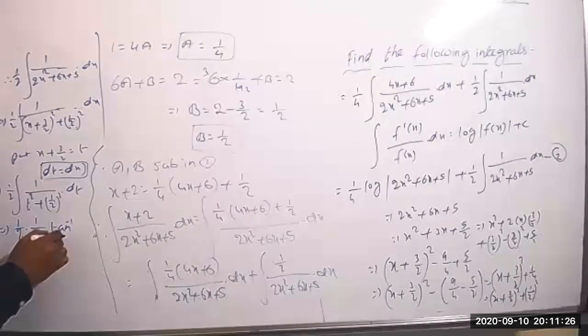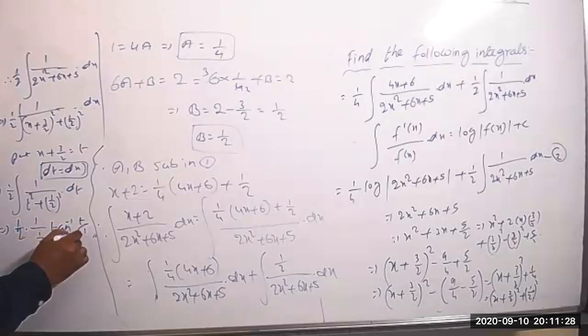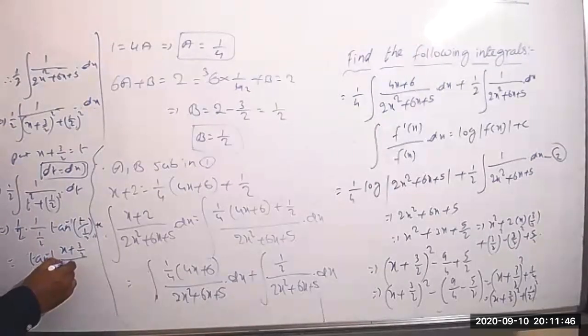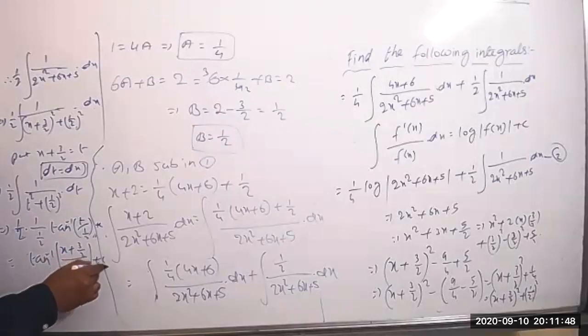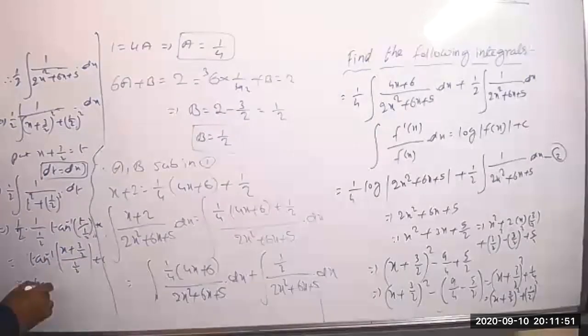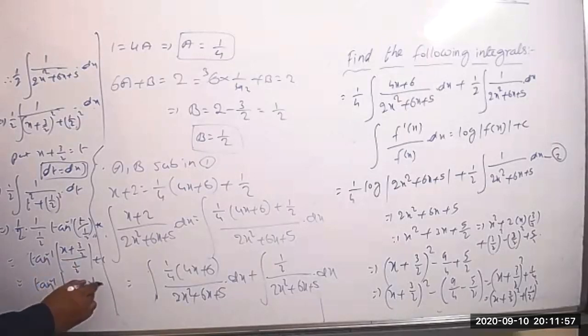So tan inverse of x by a, that means t by 1 by 2 here, plus c you can take. So anyhow this will be cancelled. You can write clearly tan inverse of t, equal to x plus 3 by 2 whole, and taking the reciprocal of 1 by 2 means 2 we got now. It is 1 by 2 plus c. Tan inverse of, if we are missing anything I can check once. Take reciprocal, it becomes 2x plus 3 plus c.